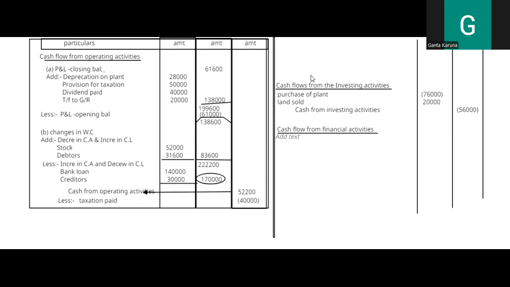So what is the next thing I have left with? Dividend paid is the one. So dividend paid, two effects I have to show. So dividend paid, I'm going to take it on this one. Now dividend paid, and then cash is going out. So that's why 40,000 I'm going to take it like this. So once I have done, again I'm going to write here as